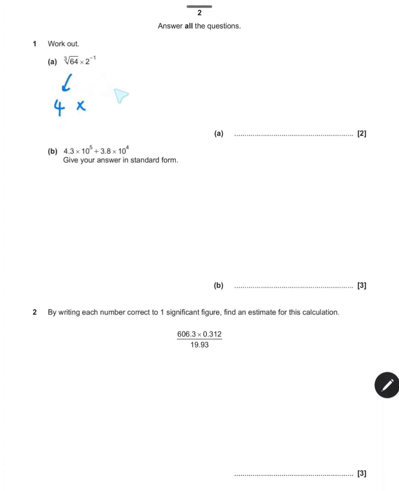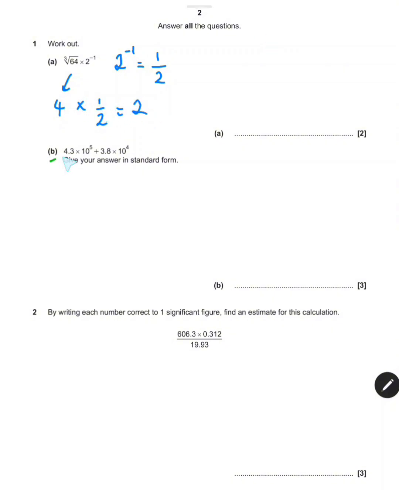And we're going to multiply by 2 to the minus 1. Well, anything raised to the negative 1 creates the reciprocal of that. 2 to the minus 1 is a half, 3 to the minus 1 is a third, 4 to the minus 1 is a quarter. So we're going to do 4 times a half, which is just a half of 4,